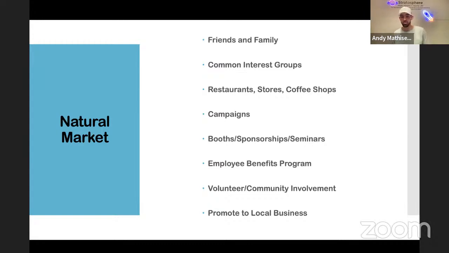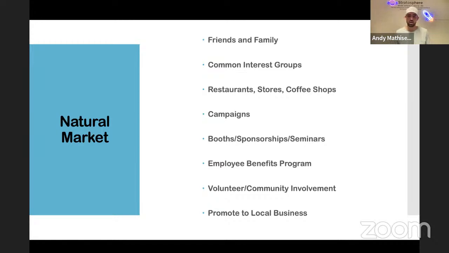Stores, I can actually point to someone who I knew who would go into gas stations and leave a stack of cards at the cashier in the front. They'd ask, hey, do you mind if I leave my stack of cards here? And some people allow that. So certainly go try it. Leave your cards on those little bulletin boards in the shops you see, and just see how many leads